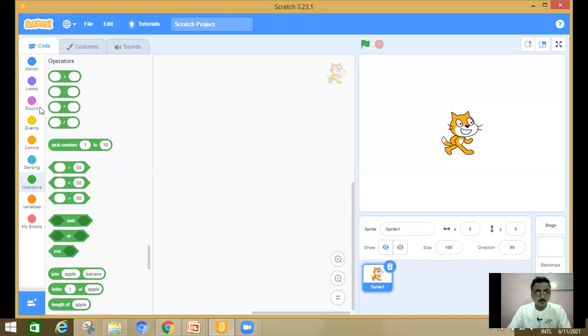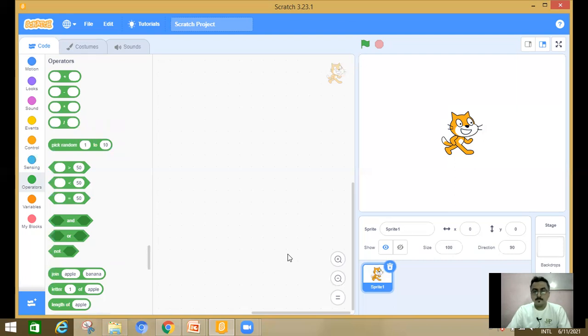These are arithmetic operators, these are relational operators, and these are logical operators: and, or and not. You just have to drag and drop in the script area.